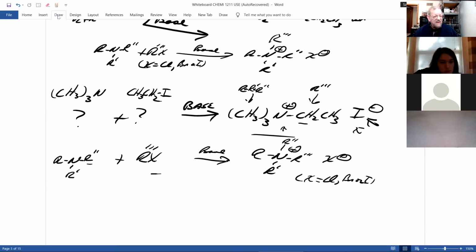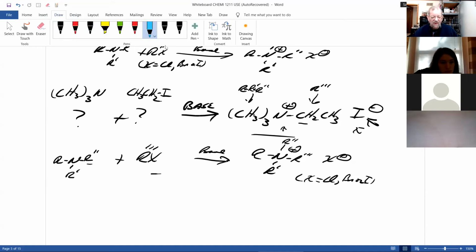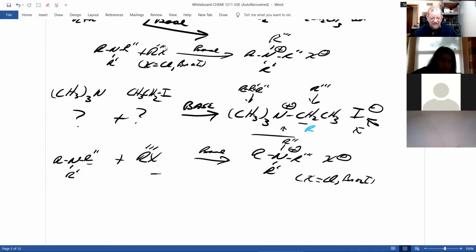But wait, what if I call this R, then I call these R prime, R double prime, and R triple prime? If that's the case, I have ethyl is my R group, and my R prime and my R double prime, one way of drawing it, is methyl, and my R triple prime is also methyl. My halogen still